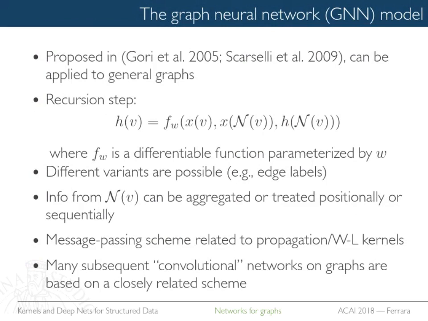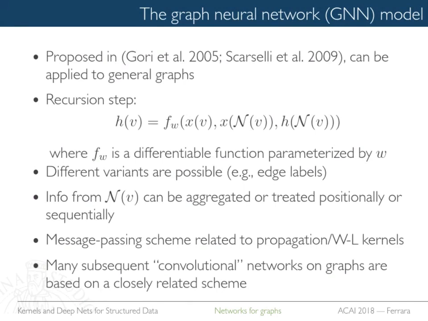Okay? What about variable size neighborhoods? That's a problem. This is also a problem for them, but you can solve this in some cases because, if you reuse the same weights everywhere, it doesn't matter how many children you have or how many neighbors you have. You just reuse the same weight matrix everywhere. So you can have 1, 2, 10, 2,000, it doesn't matter, because you still have enough parameters. Okay? So in a sense, all these possible different variants are possible. You can also incorporate edge labels if you have them.